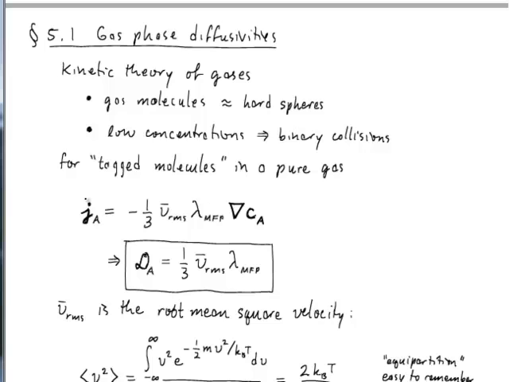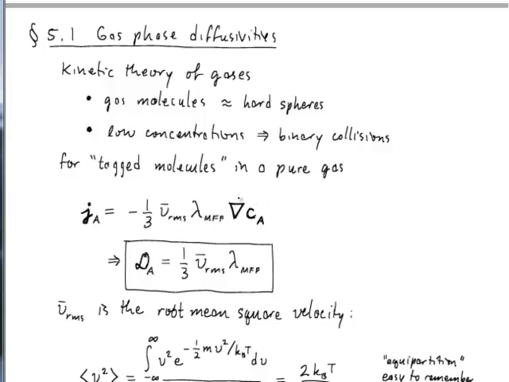Okay, so people have thought very carefully about this and worked out a lot of beautiful statistical mechanical theories and shown that the flux of a species A in these gas molecules, this is sort of a self-diffusion result actually, is minus 1/3 of the root mean square velocity multiplied by the mean free path between collisions, right? So this is something you may have learned in your PChem class, that you can work out what is the typical distance traveled between collisions between these billiard ball gas molecules, and you can also work out from equilibrium statistical mechanics what is their root mean square velocity.